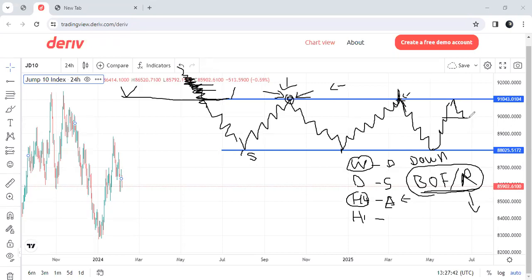If they left a potential continuation pattern here, before they break out, they'll push a little bit down. So many people are going to jump in here. The next thing, the market will break. So if there's nothing here on your left-hand side, you can just get in here and place your stop loss above.